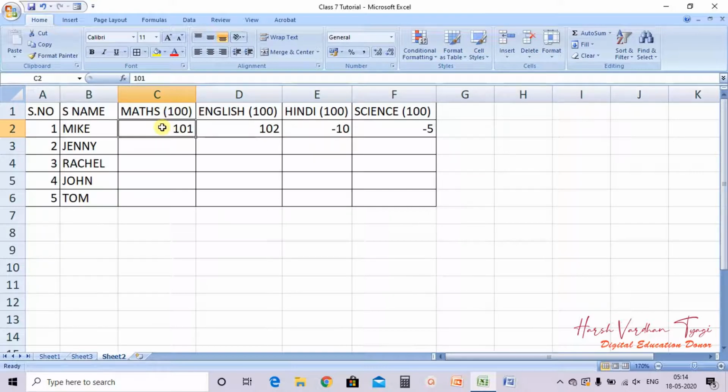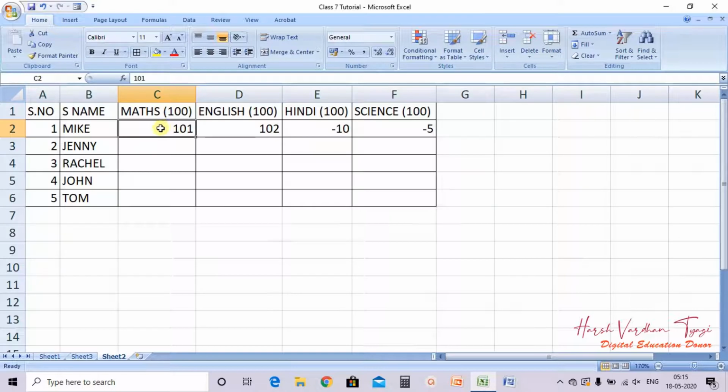So if a student is entering marks less than 0 or greater than 100, then these values are wrong. Fine. So what is to be done so that the student can only enter marks ranging from 0 to 100? For this purpose we use data validation.